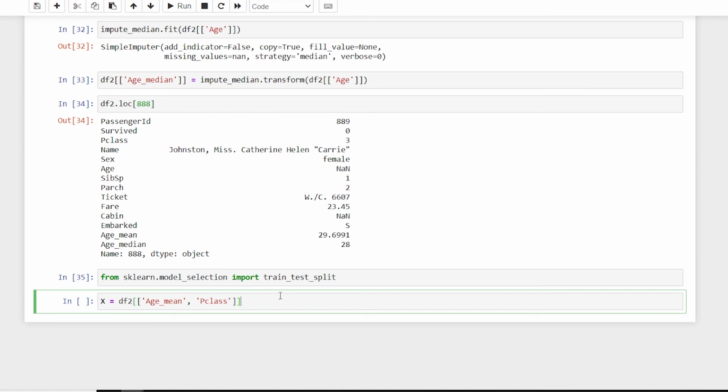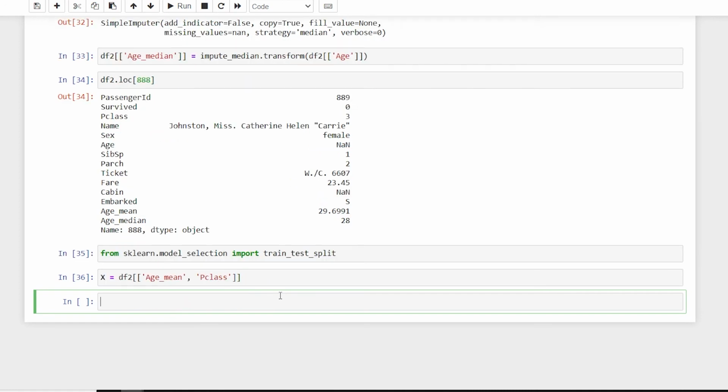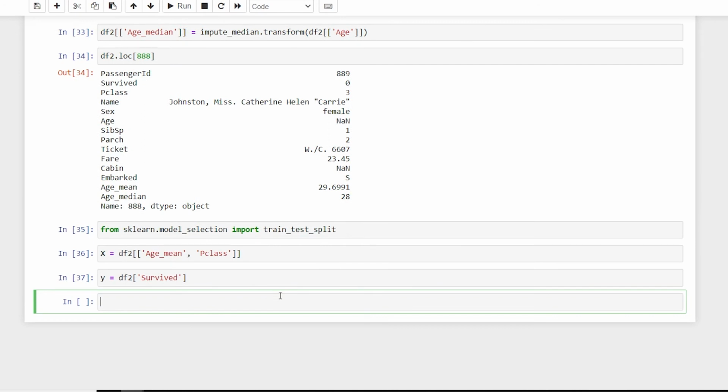So this time we are actually trying to work with the mean. Similarly for y, I'll say df2 Survived. All right, we have it. And now I'll say from sklearn, yeah, so first I'll just use this: xtest and ytrain and ytest.